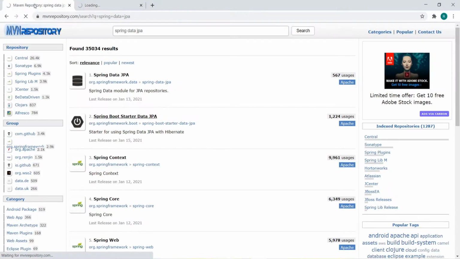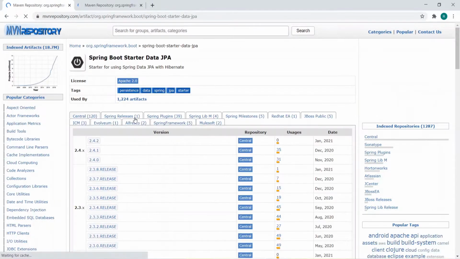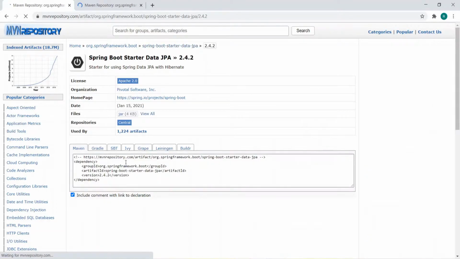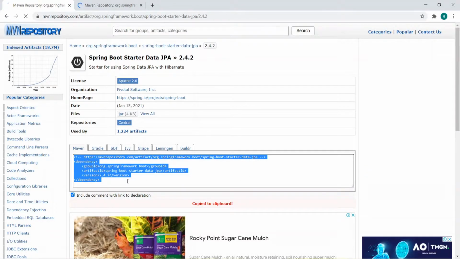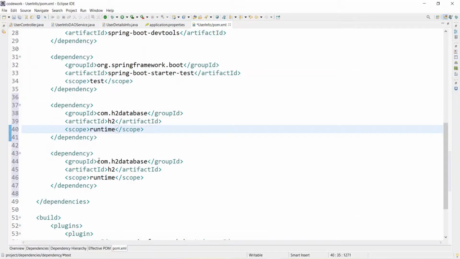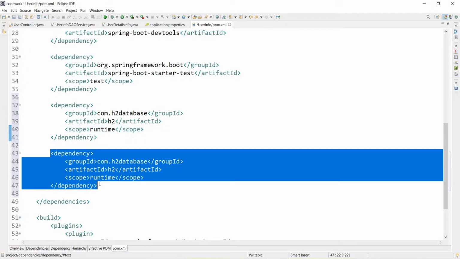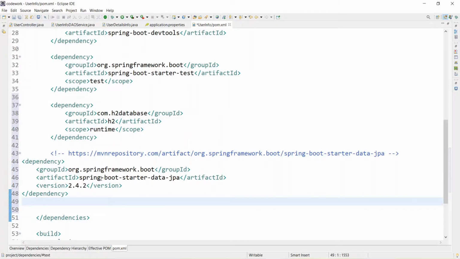It looks slow. Yeah, take any of the versions. So take the latest one, 2.4.2, and you can copy this, come over here, and paste it, then save.